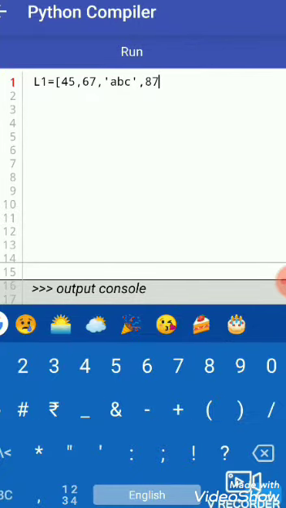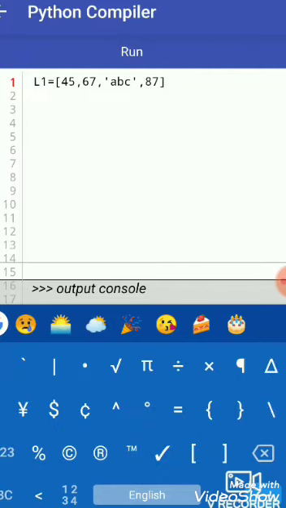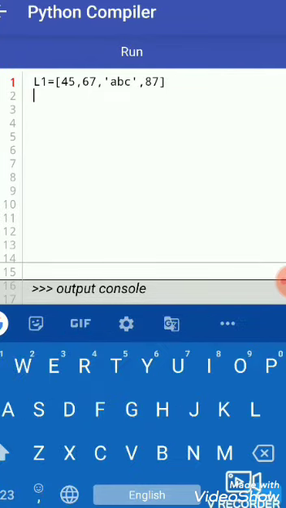So there are 4 members in this list. Then we create another list.